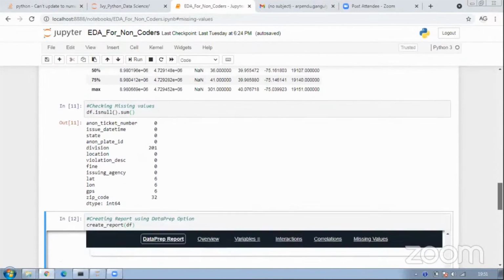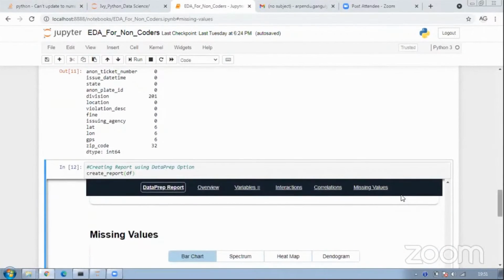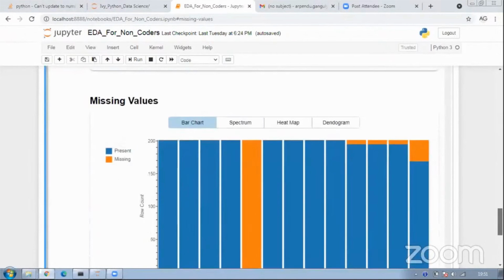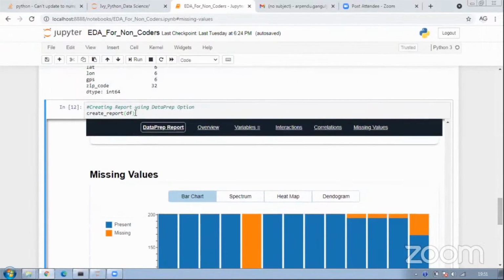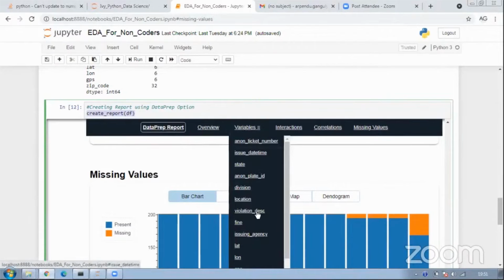And how many lines of code did I write to have all of this? Just one, right? Just one. And I got access to all kinds of information that my data has, right? So starting from the number of missing values, the percentage of that, what are the basic insights about the variables in terms of skewness and not, and univariate statistics, right?